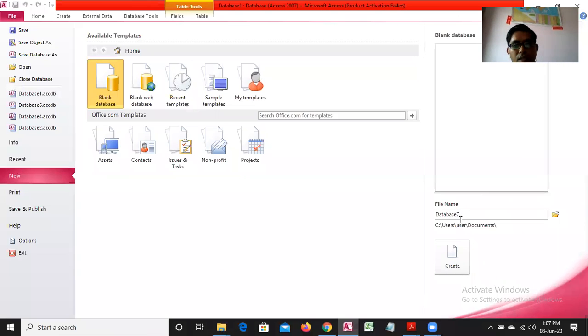The database number is showing here, database 7. You have to rename it, like I want to write here 8th database, the class 8th database name. It will be saved in the given path shown downside, under the file name. This is the path. Now click on the create option.